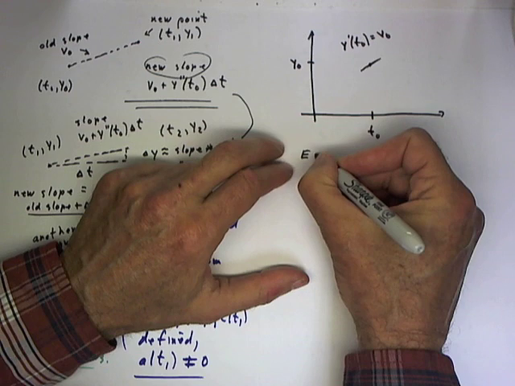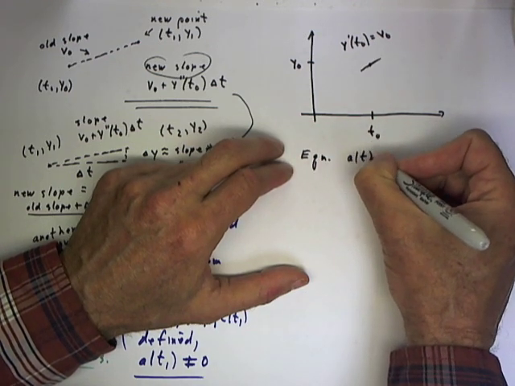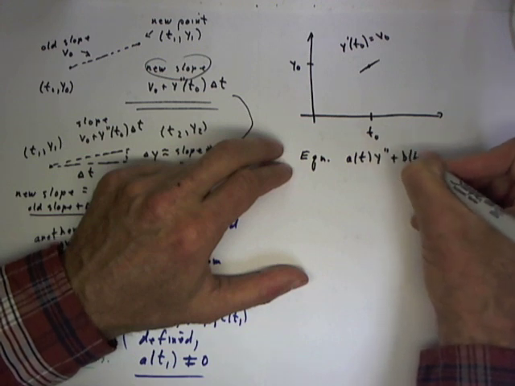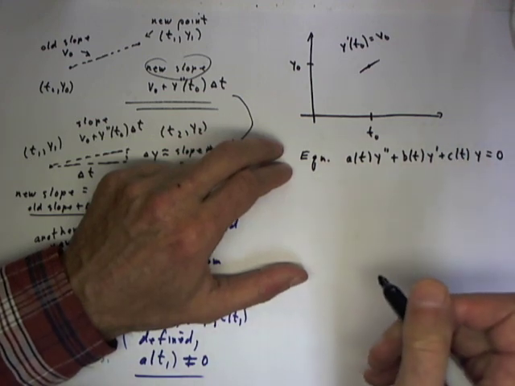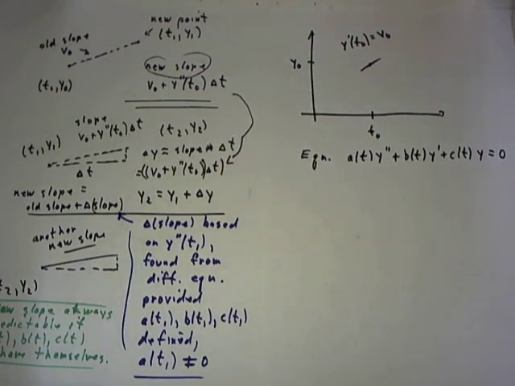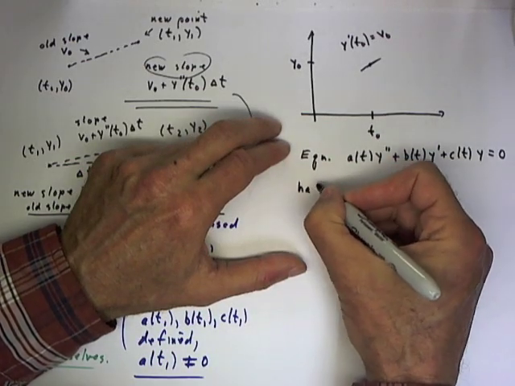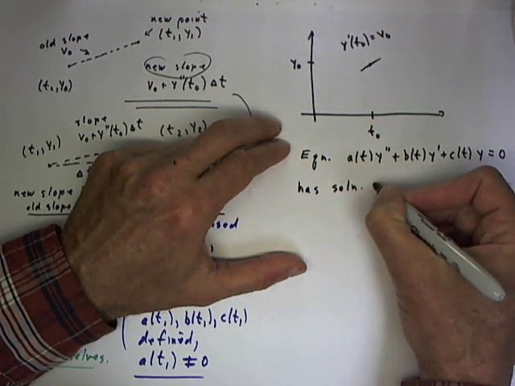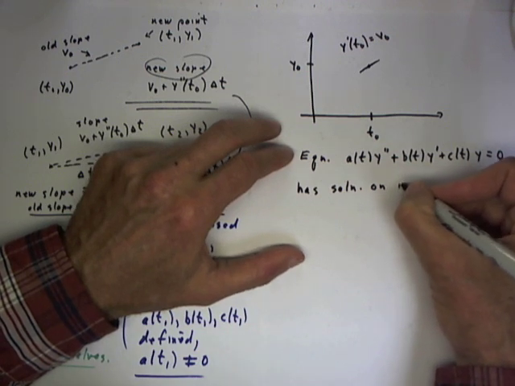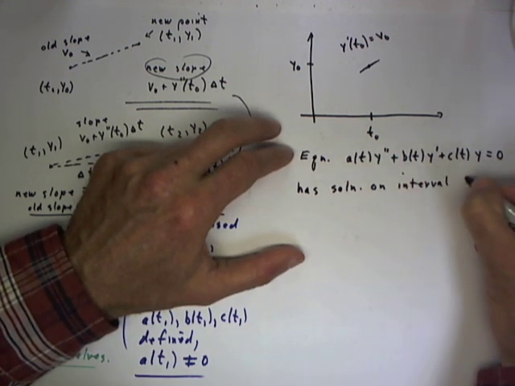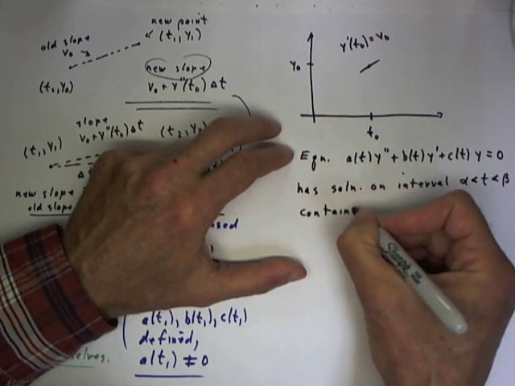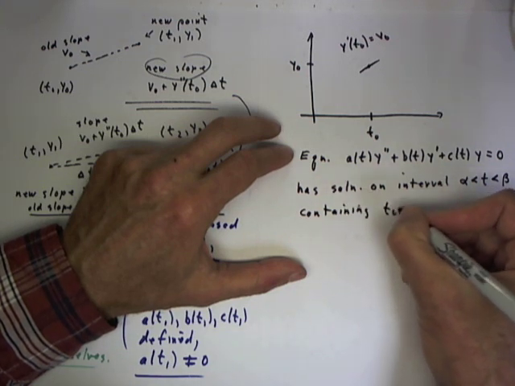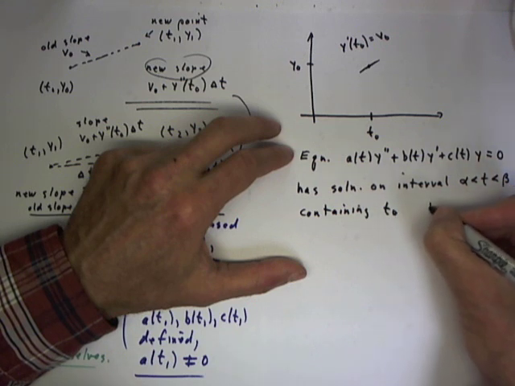Then the equation a of t y double prime plus b of t y prime plus c of t y equals 0 has a solution on an interval alpha less than t less than beta, with the interval containing t naught, provided